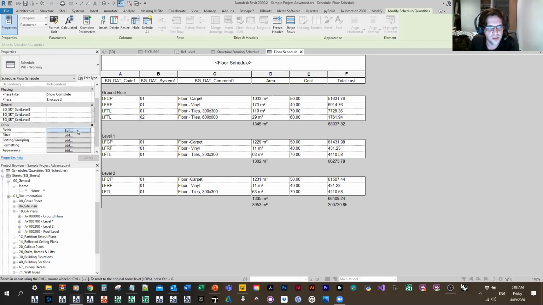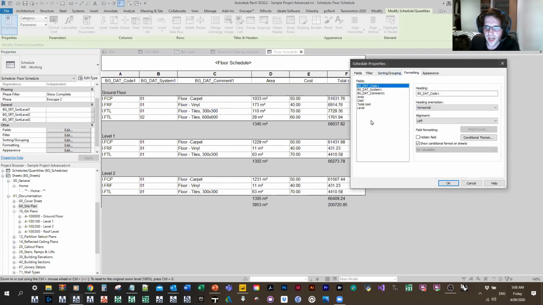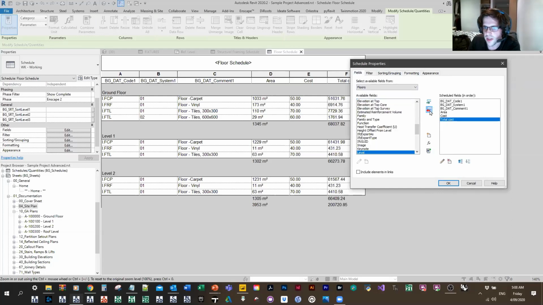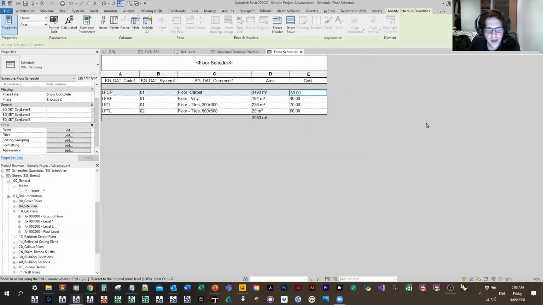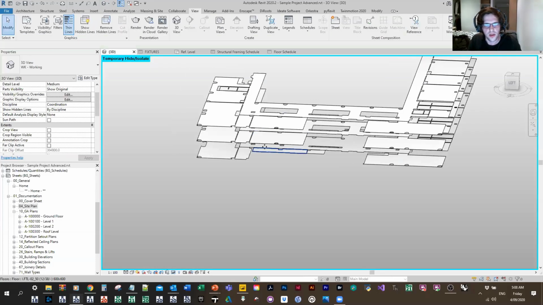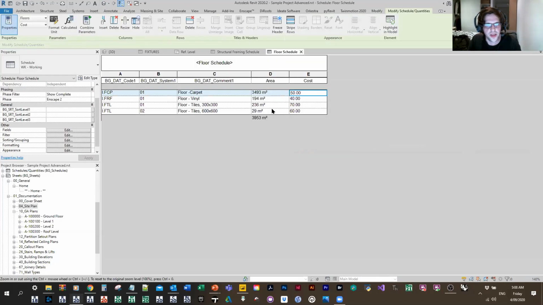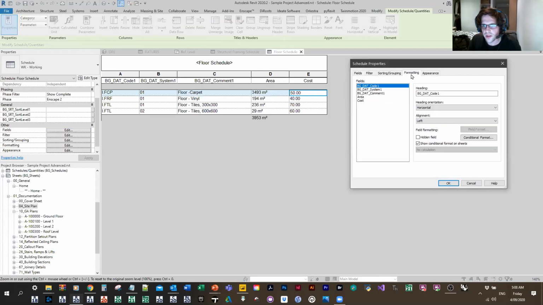I wanted to show a really devious thing that Revit does as well, that I have seen become a problem on projects before. Let's take cost. I'm just going to take a few things out now. I'm going to take out level, take out total cost. So it's just gone. And we're just going to look at our original schedule. In this case, I believe, yeah, so we've got 60 here. I forget exactly what I was trying to do. I think what I was doing is if we don't calculate totals on our area, we can get some funny things going on. So if we just don't calculate totals on area,